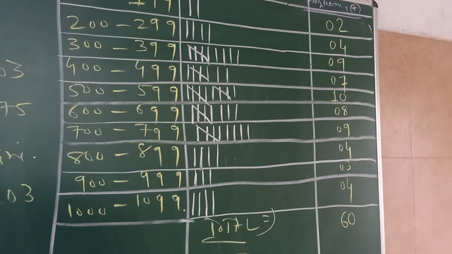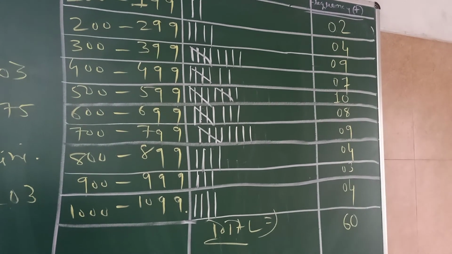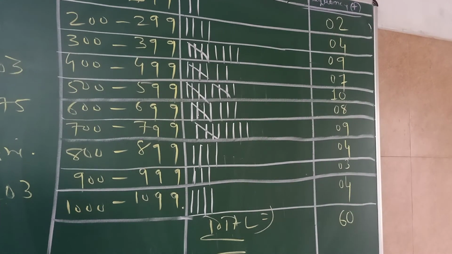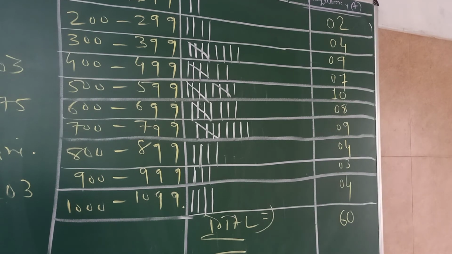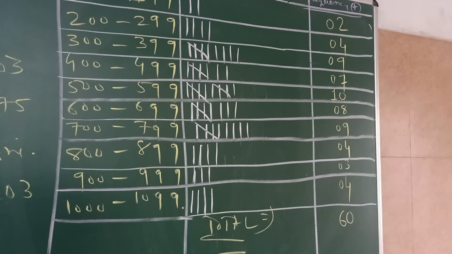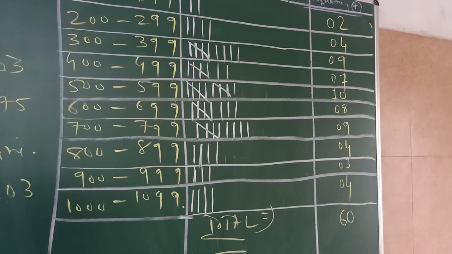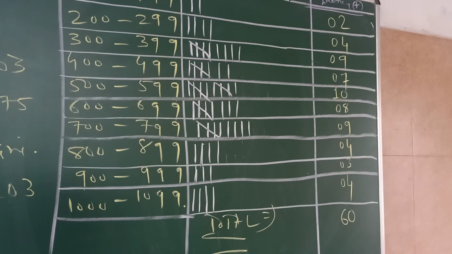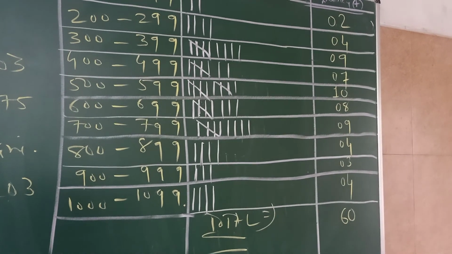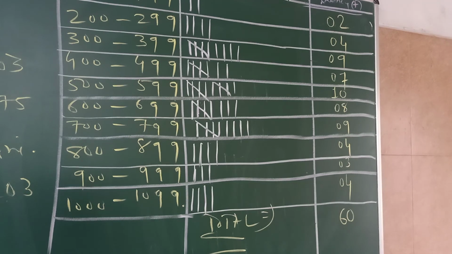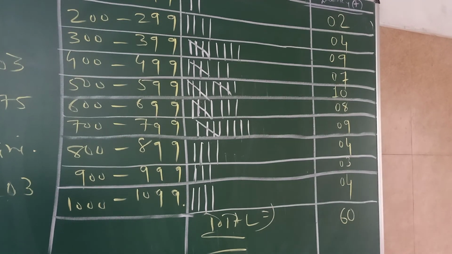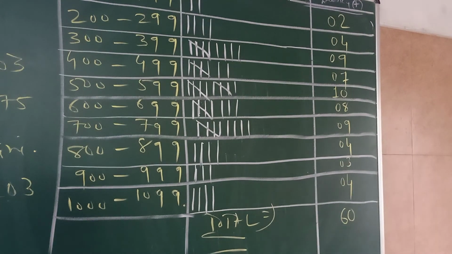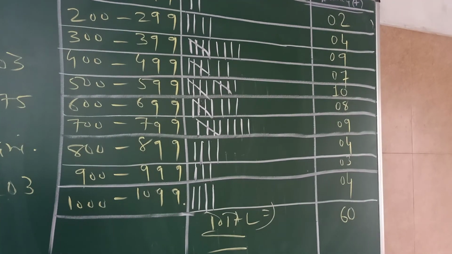Total must be the total of the observations given in the question. Here they provide us 60 observations, and our total of the frequency distribution is also 60. So our sum is very correct. This is the demo of continuous frequency distribution with inclusive type. Now from this sum, we prepare less than type cumulative frequency distribution as well as more than type cumulative frequency distribution in the next video lecture.